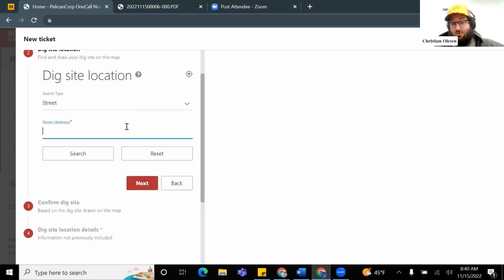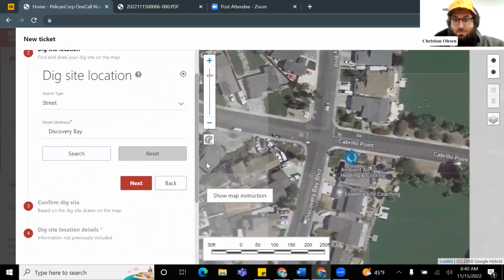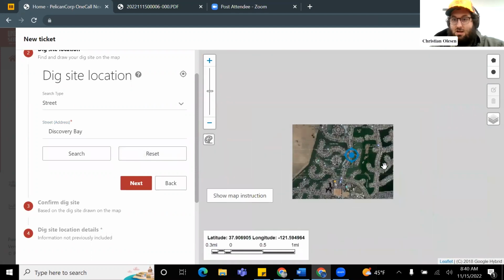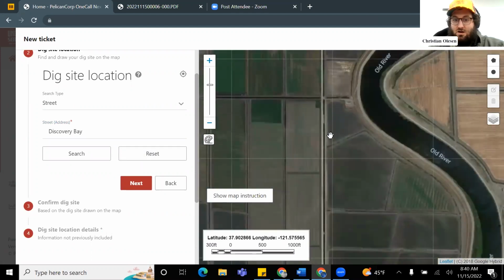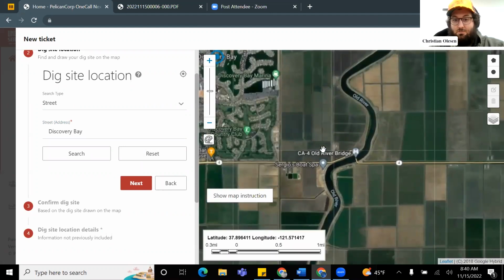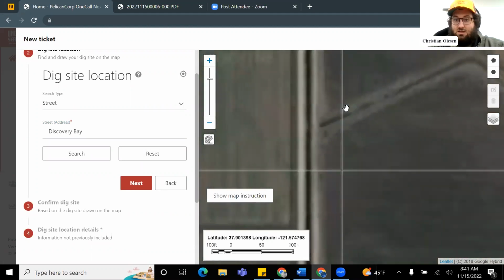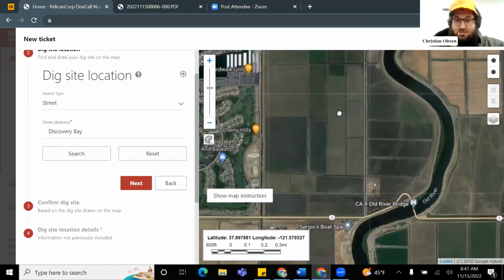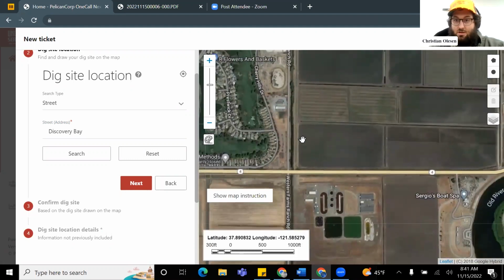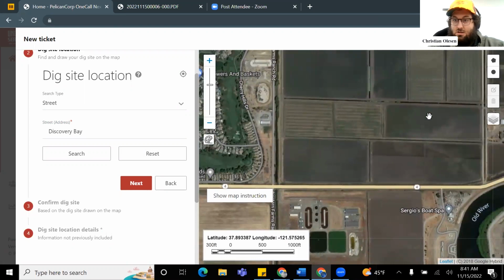All right, so we now know a few different ways to find a location like this, right? We could do a landmark, we could look it up by the street. So maybe I'll do one near and dear to my heart. Discovery Bay, California. I'll do my old farmland that I used to work at. So this is where I used to farm. So let's say this becomes a residential community. Let's just say for the sake of keeping it simple, they're just going to develop these parcels here, right? So if I want to do that,